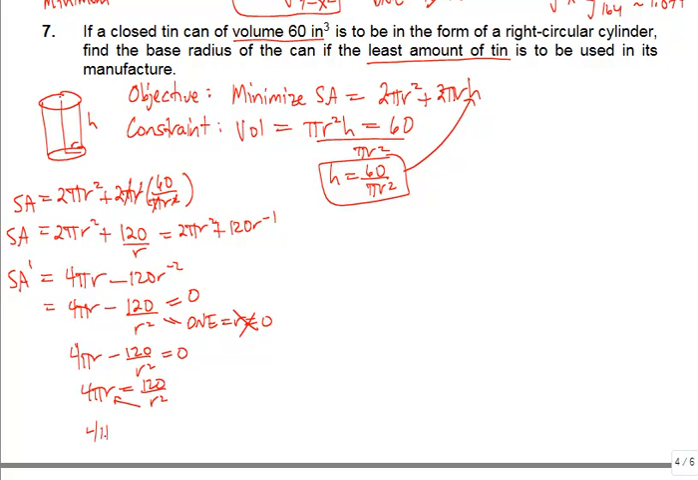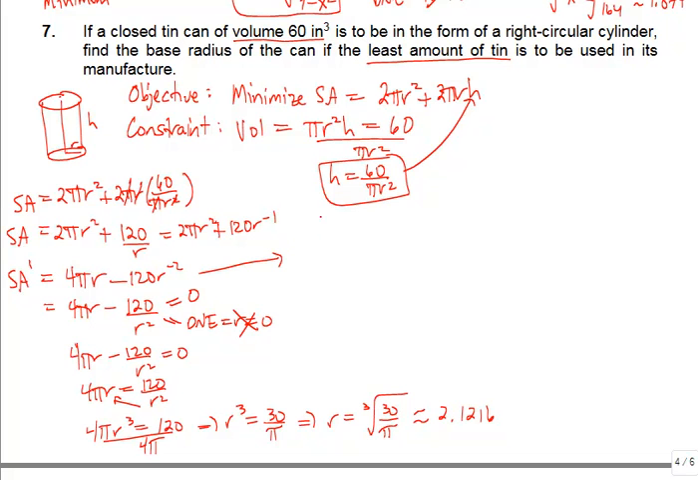So this becomes 4 pi r cubed equals 120, and when I divide by 4 pi, it's going to give me r cubed equals 30 over pi, and if I take the cube root of both sides, then r will be cube root of 30 over pi, which is approximately 2.1216. Now to verify this, I'm going to go back up here to my first derivative, and taking a second